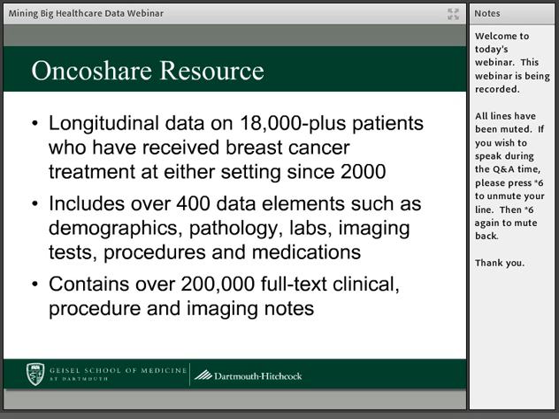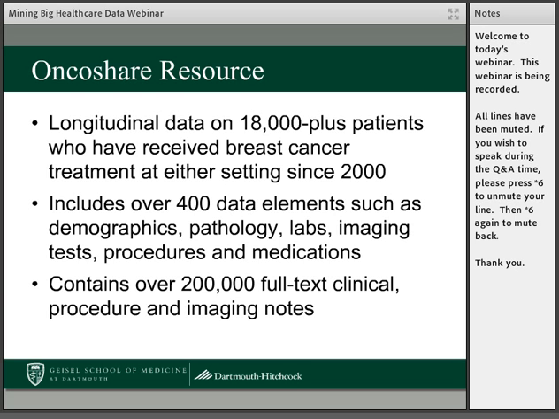So in summary, what we did with creating this informatics resource is that we were able to collect longitudinal data over time from about 18,000 plus patients who received breast cancer treatment at either of these two sites since 2000. And this actually predated some of the electronic health record systems. It went back to older systems that were in place, systems that were used for billing, systems that were used specifically for registries and so forth, that we could gather the information. And one of the things that we have to determine when we look at this data is that there's a huge amount of data elements that one can gather.